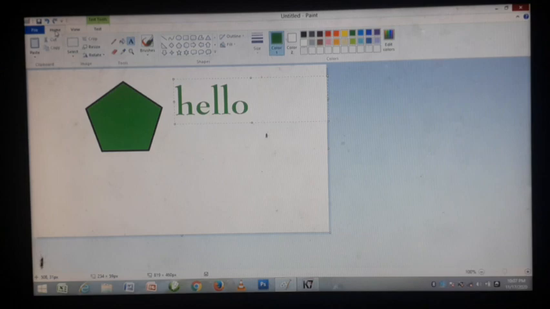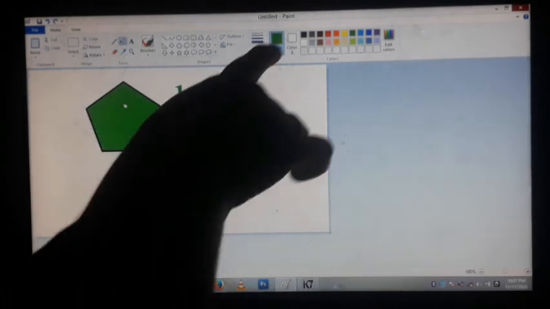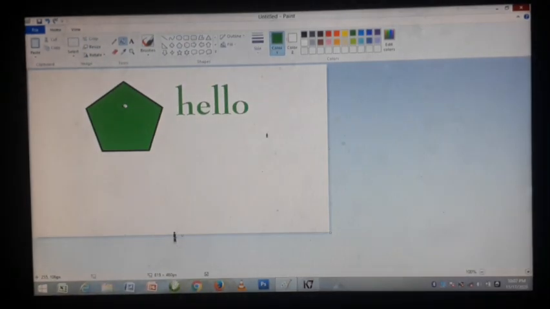Another one is the color picker tool. It looks like a dropper. The color picker tool is used to find the exact color from an image. Here, for the color we can select yellow. Then select the color picker tool and click here. So the exact color is shown here. The color picker tool is used to find the exact color of an image.